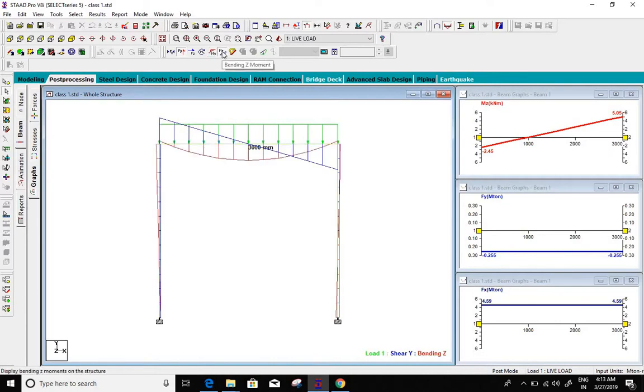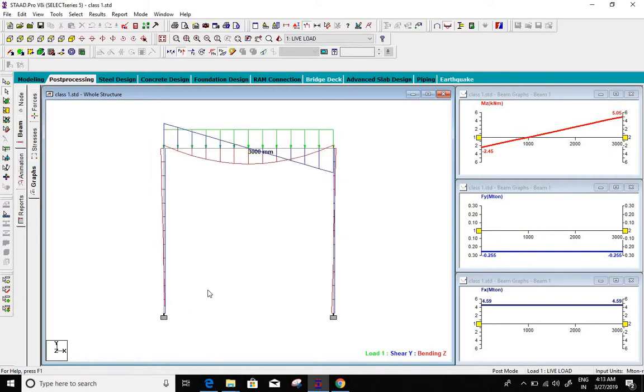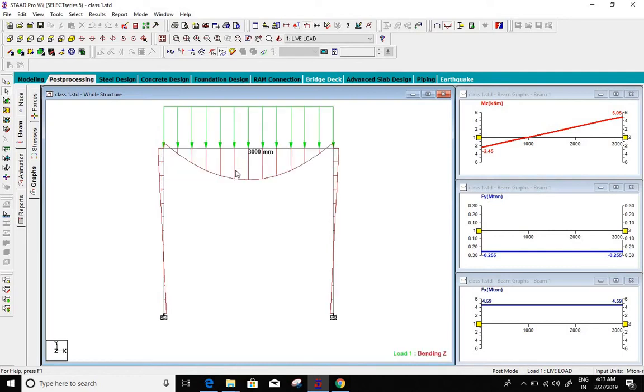If you click on Z bending moment, you can see this is the graph of Z bending moment. You can also see it in the beam graph. I'm removing the shear force diagram, and you can see this is the diagram of bending moment. You can also vary this graph by pressing Ctrl and rolling the middle mouse button forward.